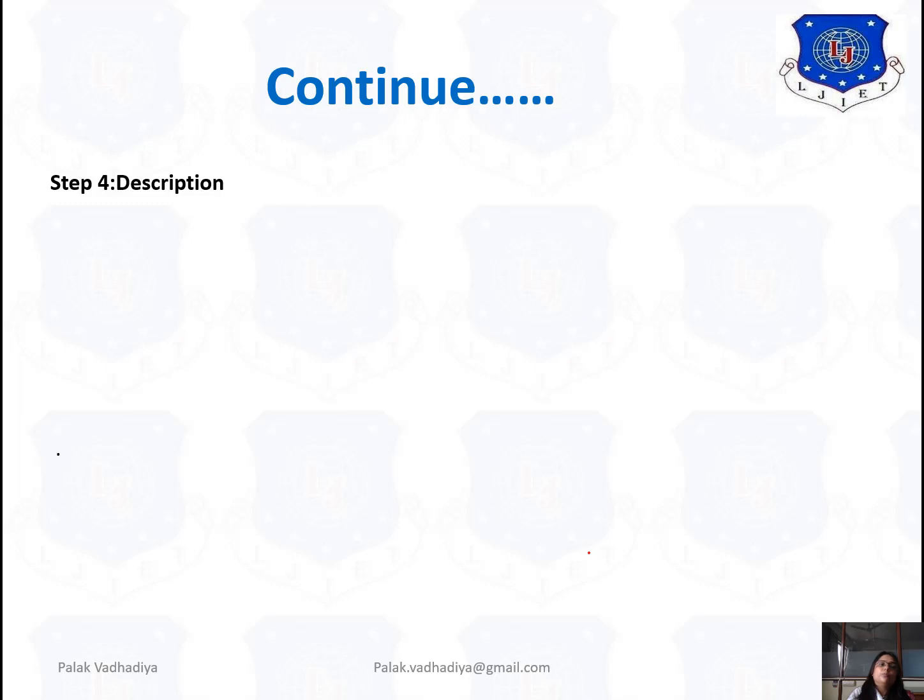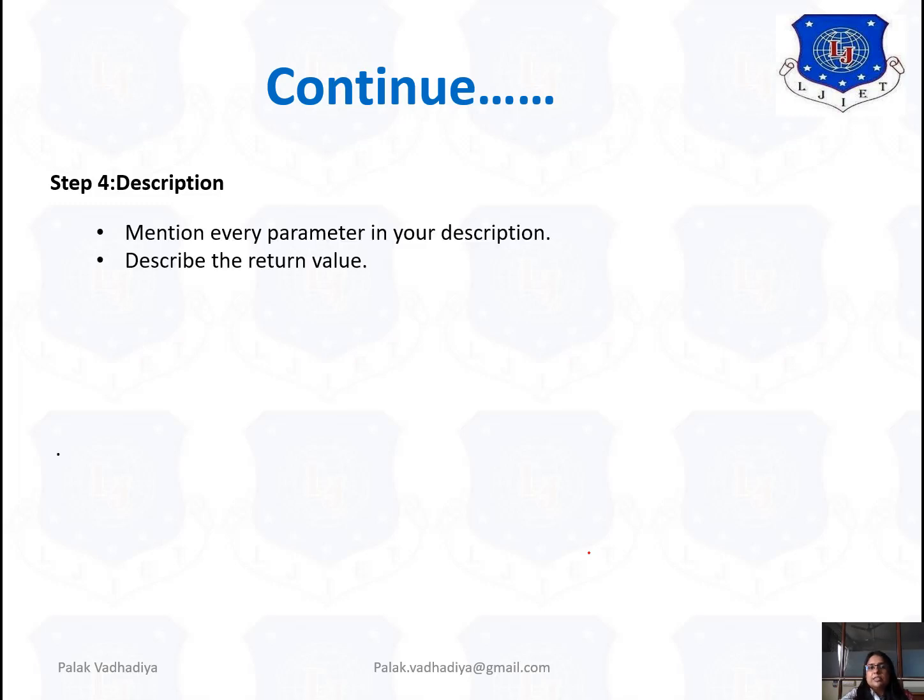And then the body, that means what exactly your function does. Suppose I want to add these 2 values, then inside the body I have to write down return value 1 plus value 2. Then the test. That means you have to run the example and check whether your function is working properly or not, that means whether it gives you the required output or not.